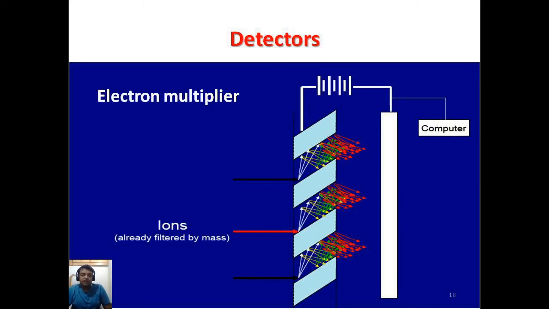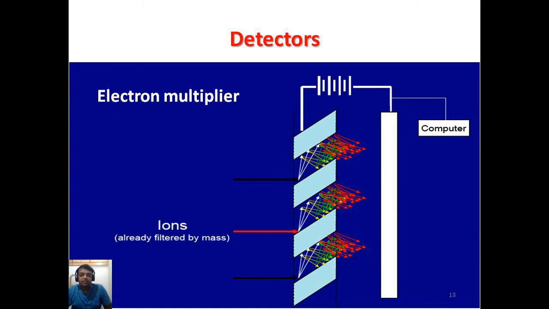So after the molecules move towards the detectors, first of all they are separated properly by the analyzers, like electrostatic, magnetic, and the rest, quadrupole or time of flight or any other separator, and then finally the molecules reach the detector. Now what is the use of a detector? Generally, a detector is nothing but something that detects a molecule first.